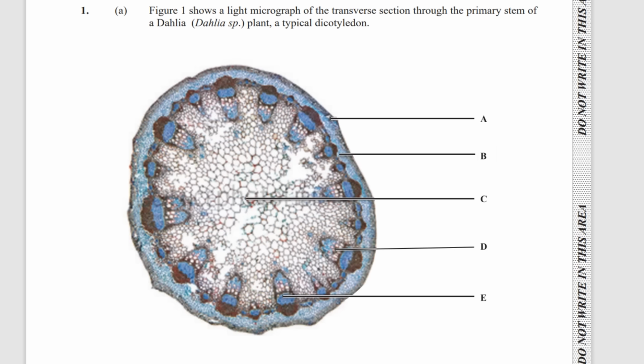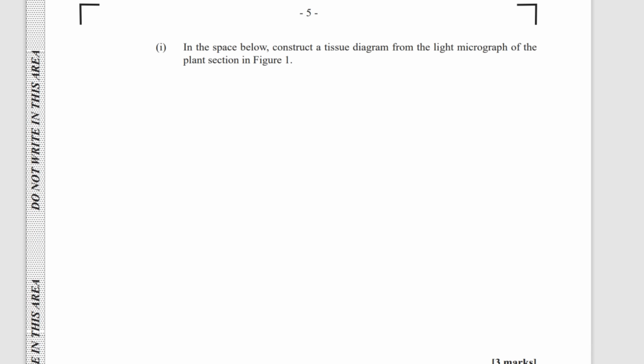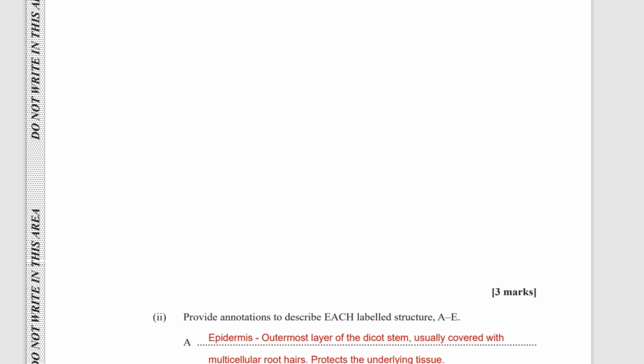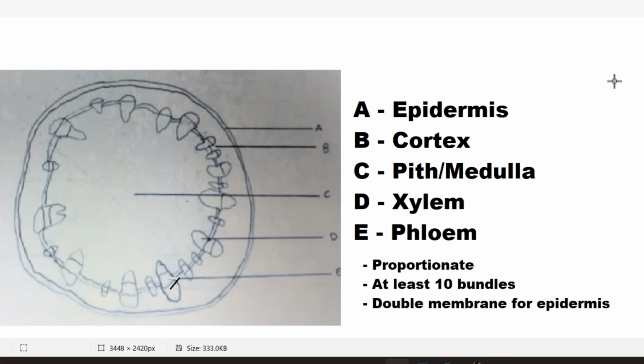So the first thing I want you to do here is, in the space below, construct a tissue diagram from the light micrograph of the plant section in figure 1. And this is 3 marks. Typically you don't necessarily need to label it. I would still say to label it, but it's not really for the marks, because the next question here is to provide annotations. You see I already have it typed up nice, so they wouldn't have to wait for me to type it out. So this is what the diagram looks like,